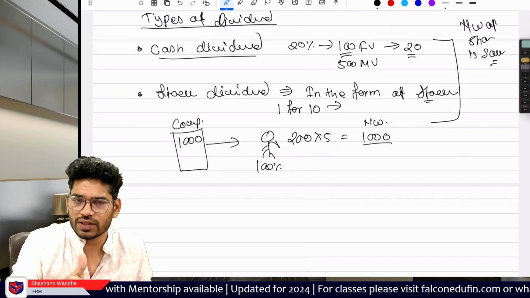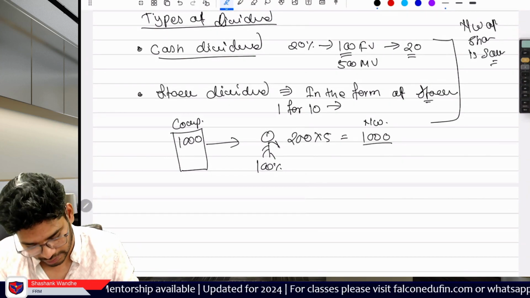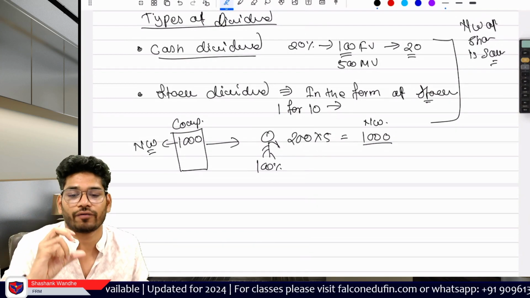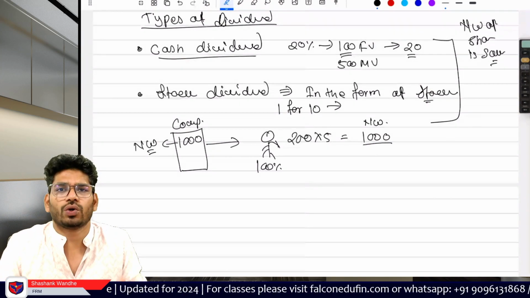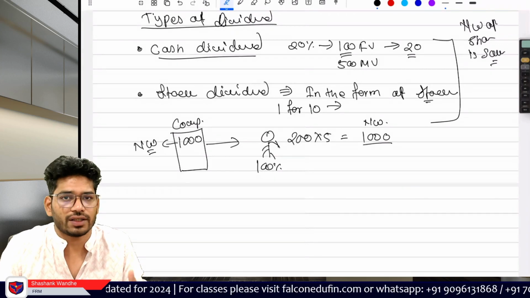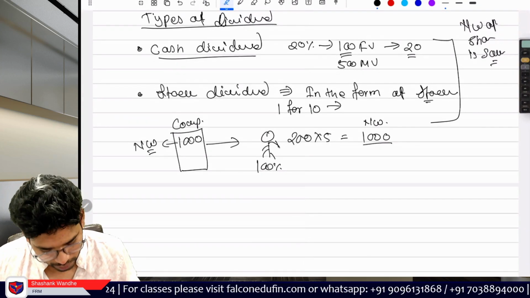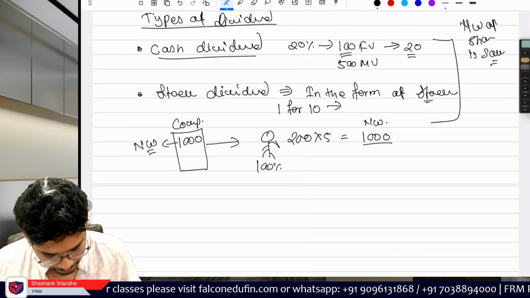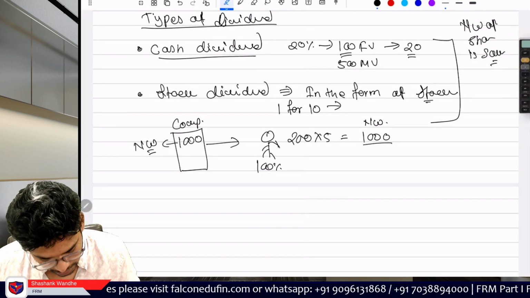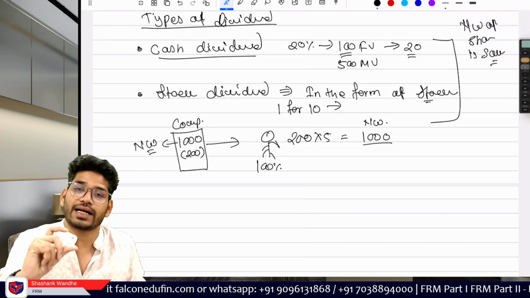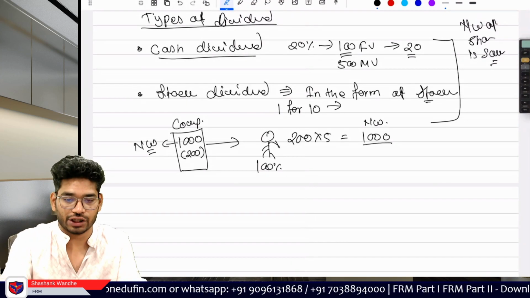So even if I don't provide you this information, if you simply check this company's value, where the net asset of the company is 1000, and you own this company, then automatically your net worth is 1000. Now what happened? Because you are the owner, you said, okay, just do one thing. You ask the company to pay a dividend of 200 in cash.